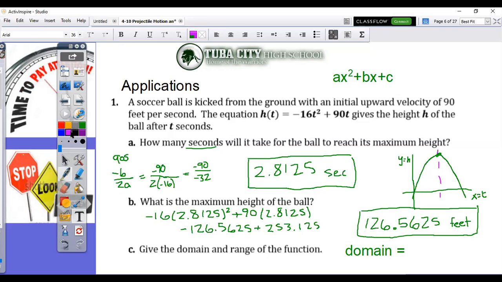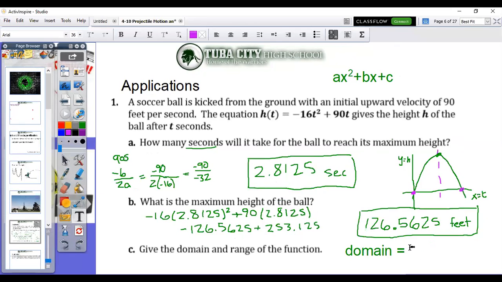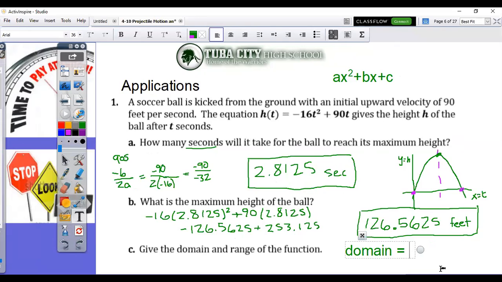So the x values are these numbers from here to here. Domain is x values, so x is time. So you have 0 time, and the time when the ball came back down. That is the time the ball was in the air. So let's see, our t or x, in this case let's go ahead and use x. My keyboard went out. But x has to be less than,